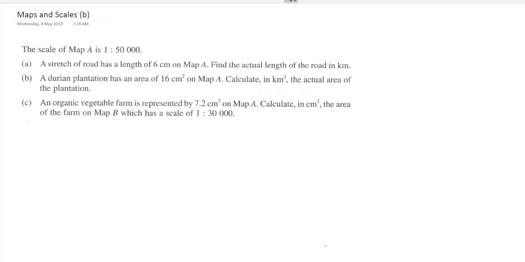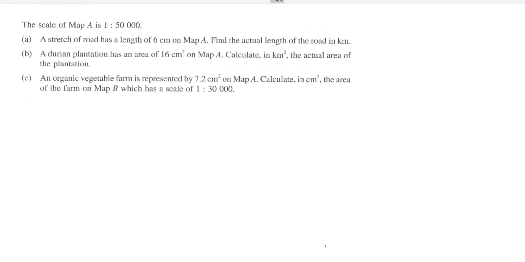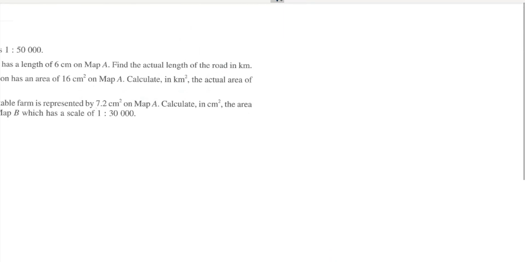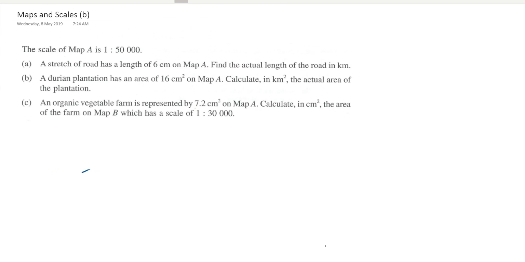This next part of map and scale is about converting something from map A to map B, which I feel many students struggle with as well. First, they gave you a scale of map A is 1:50,000. Now when we have a scale, and remember this is the linear scale, we will write it as